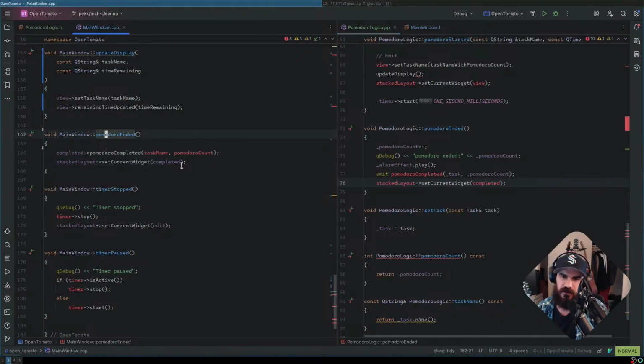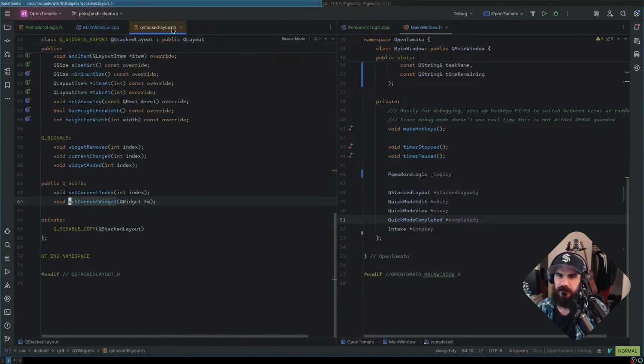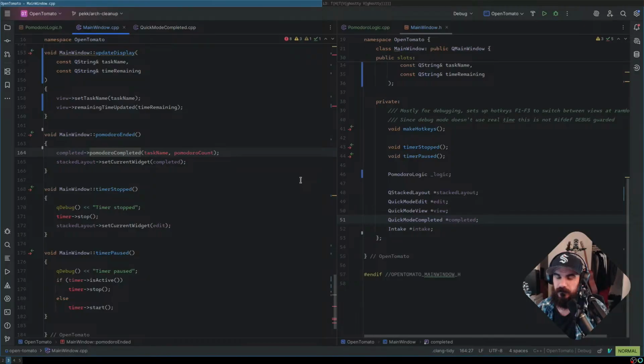So this might change instead of Pomodoro completed. Wait, what is completed? Queue mode completed. Oh, I see. This could technically be directly wired from the logic to this particular view.